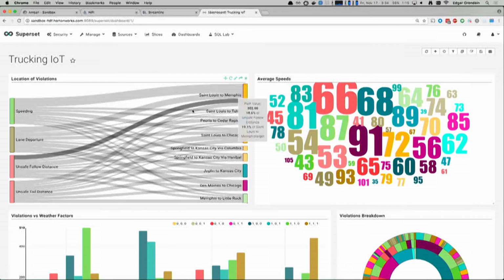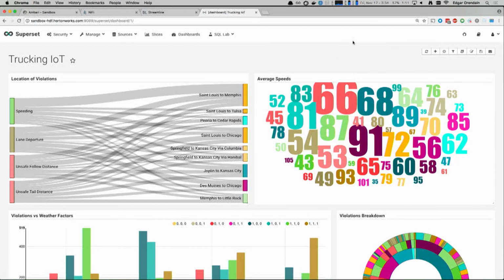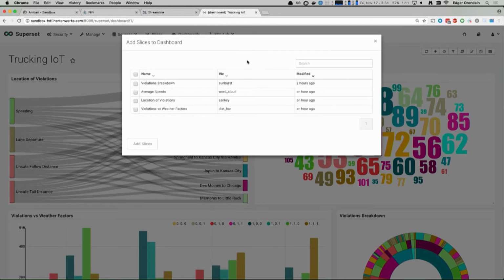So we'll see this update in real time. There are a number of visualizations. Really, any sort of visualization that you're able to do standalone, you could probably plug it into Superset. It's originally from Airbnb, and it's now an Apache incubated project.